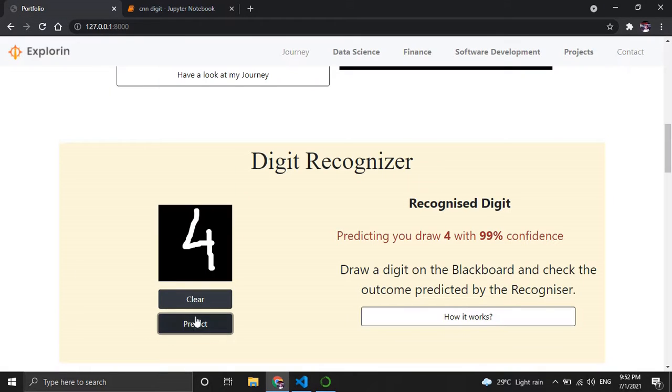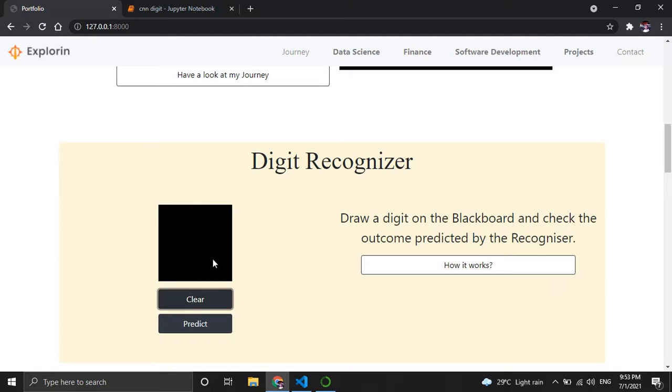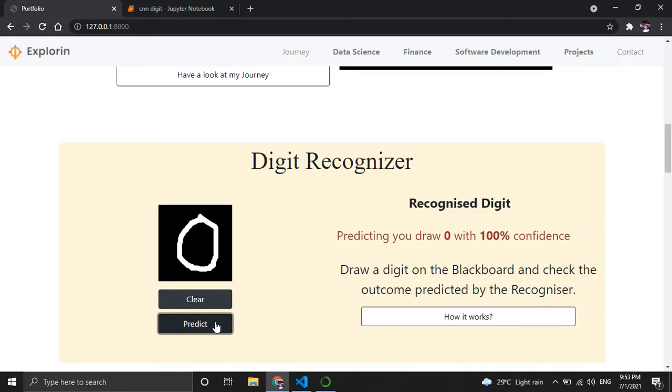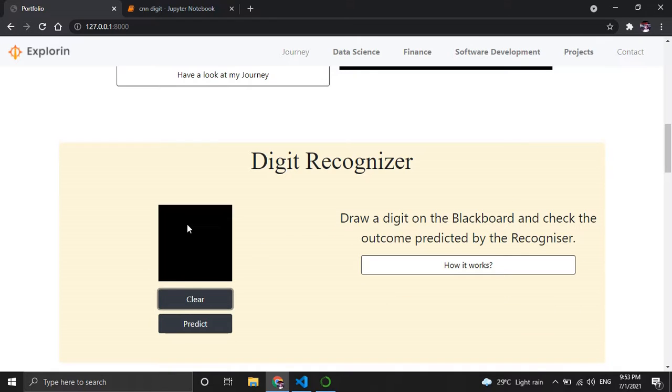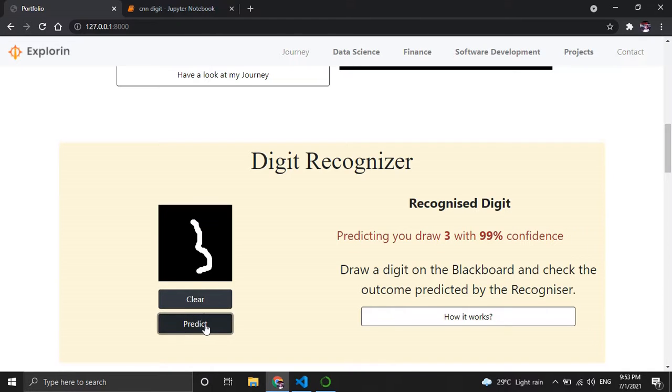This is how this digit recognizer is made up. Let's once again try to predict some values. It's giving a prediction of 0 with 100% confidence. Let's try something distorted and see, is it going to predict it right or wrong. We have drawn 3 and it has predicted it with 33% confidence.